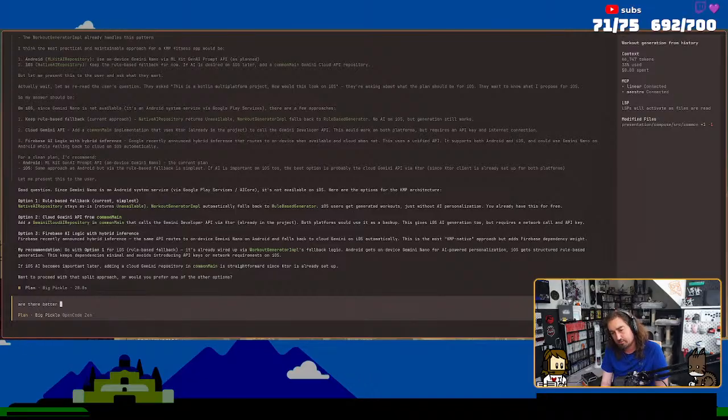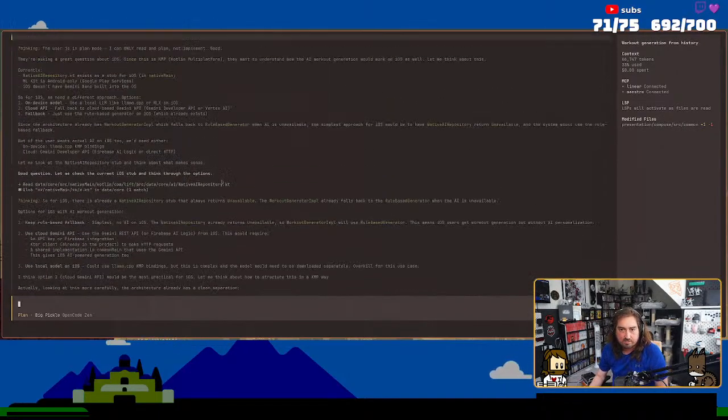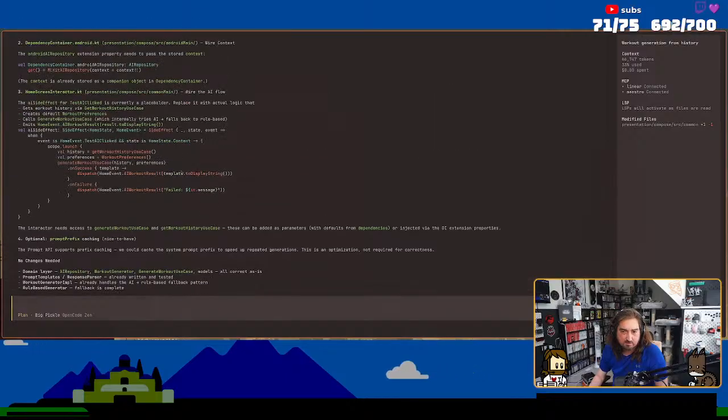Are there better options for this abstraction? Wait, no, that was an Android implementation anyways, when I was using the other LR or whatever. Okay, let's look back at this.